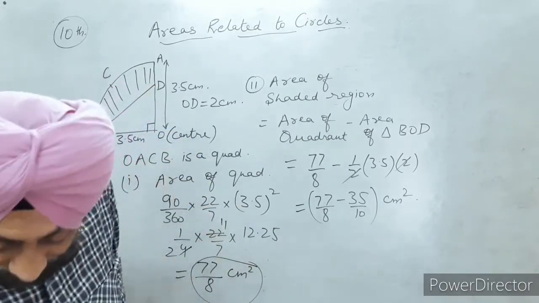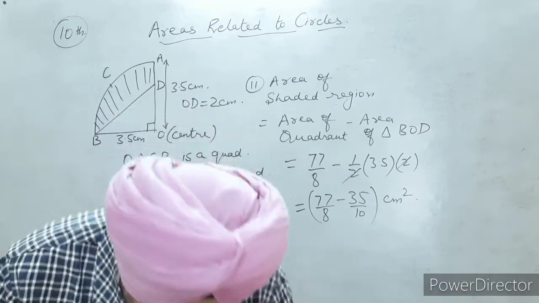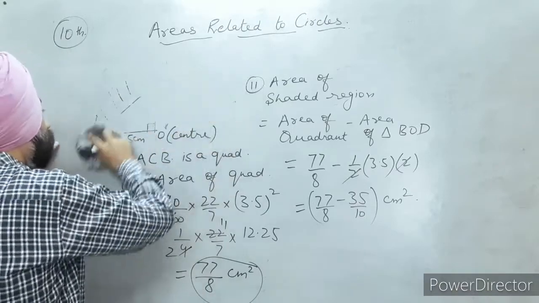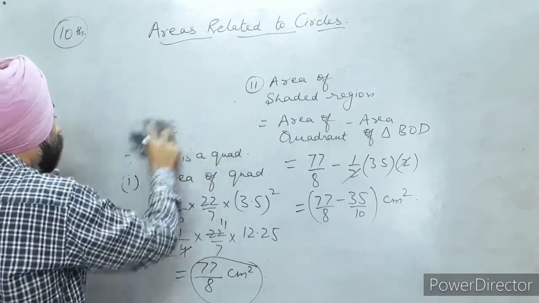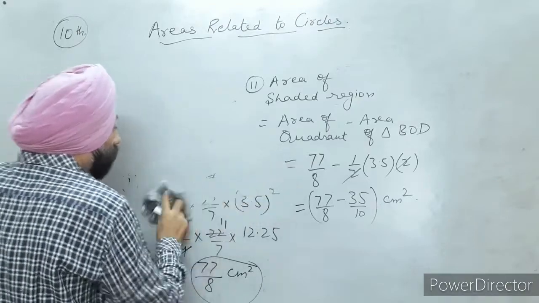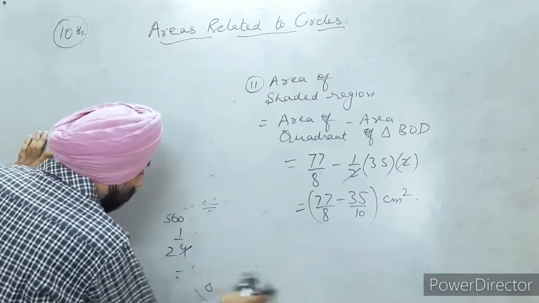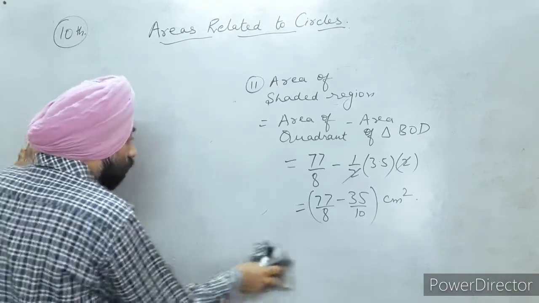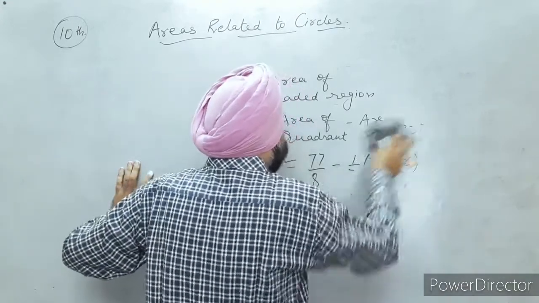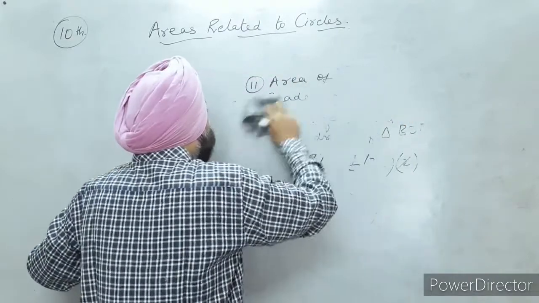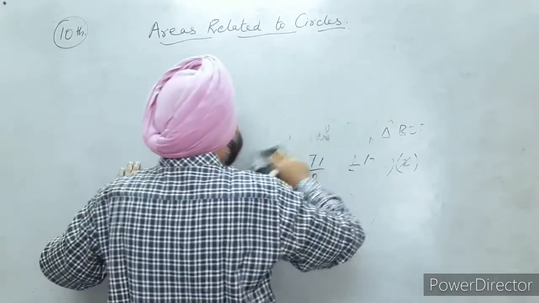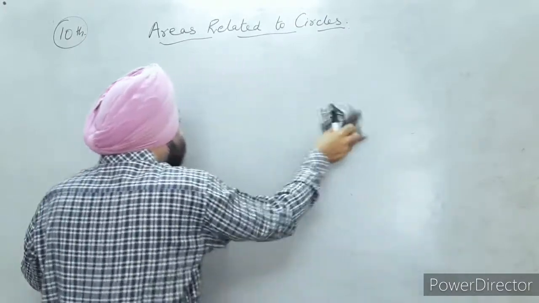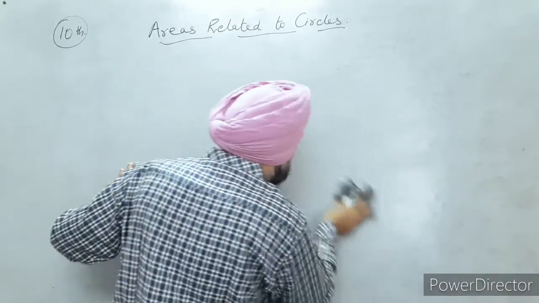Now next sum. Question number 3. It's a very, very important sum and a very good sum. You have to understand it. Just draw the figure, look into it, understand it, and find a way how we can find the area of the shaded region in an easy way, right? Not to make the question a complex one so that you get stuck in between. Just try to make it easy.